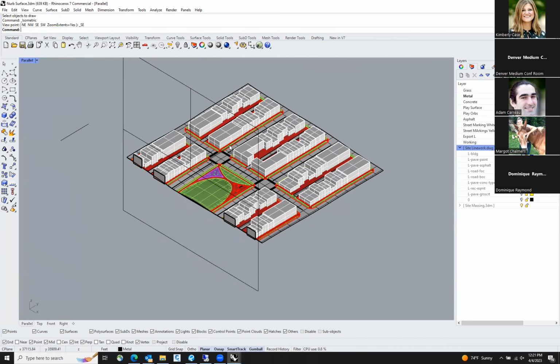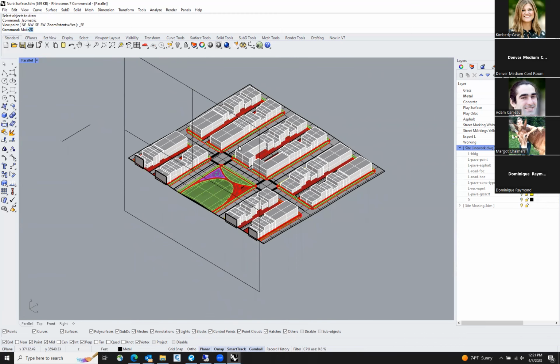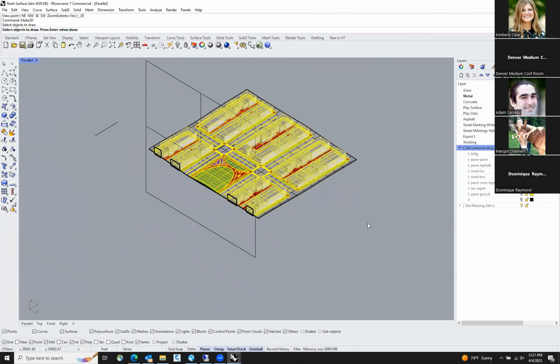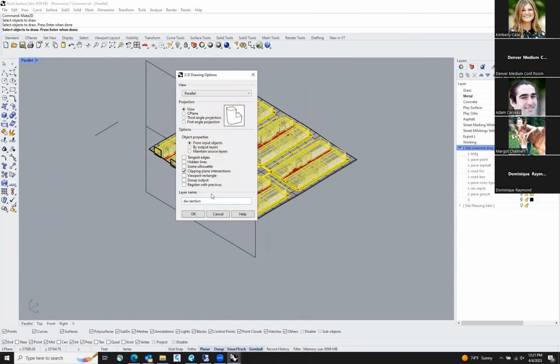And I'm going to just run a make 2D command, and it will select these objects to draw. If you press enter, and then you can mess with all these settings. I'm just going to do maintain source layers, and I want to make 2D the clipping plane intersection because that could be like a cool section cut line. And if I click OK,